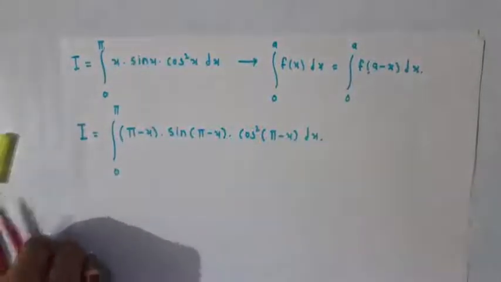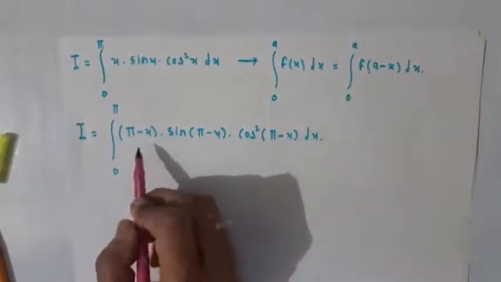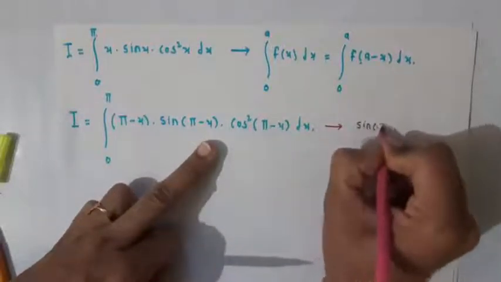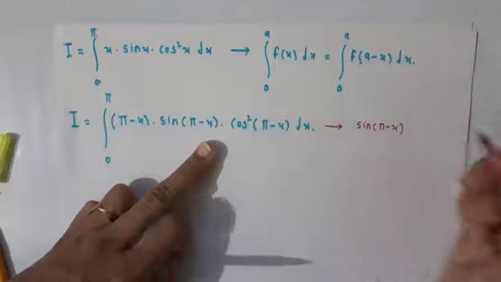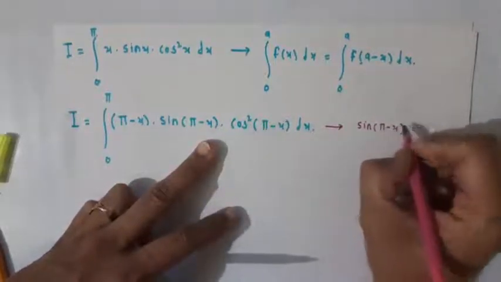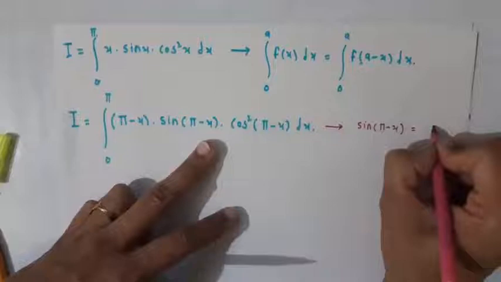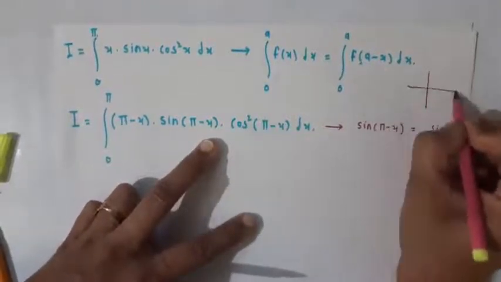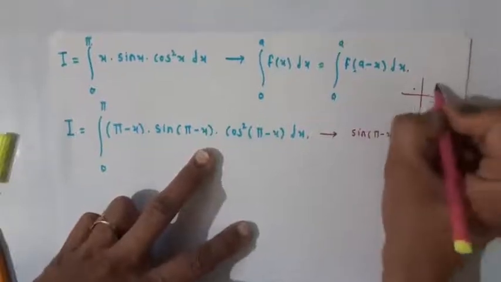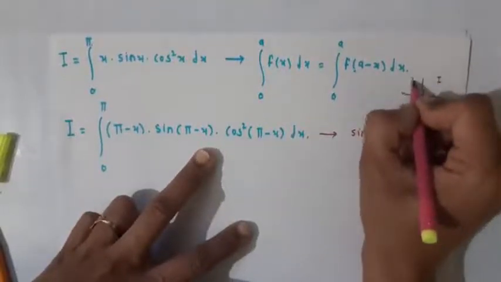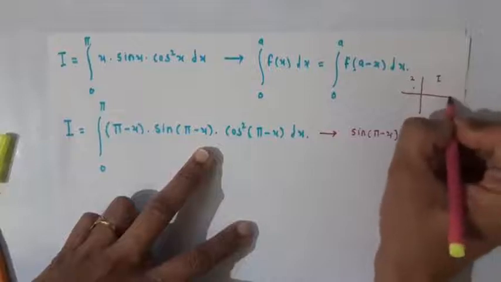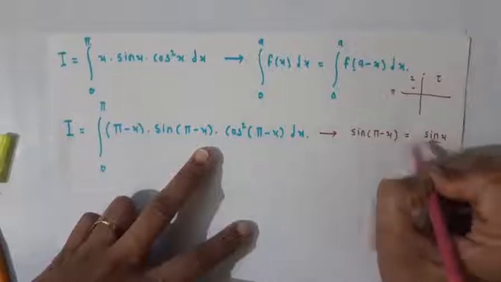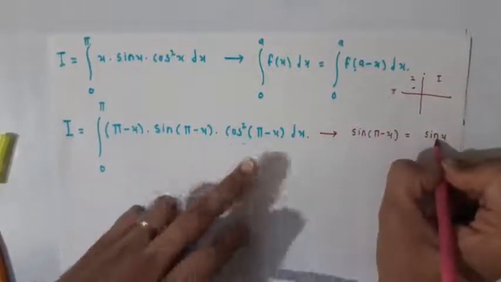Okay students, so here pi minus x will be pi minus x, but you know that sine of pi minus x, and that is, if the difference is pi, then the sign will remain sine x. But in which quadrant pi minus x lies? That is in second quadrant. In second quadrant, the sign is positive because this is 0 to pi by 2 to pi, and in second quadrant sine is positive, that's why sine of pi minus x is sin x.